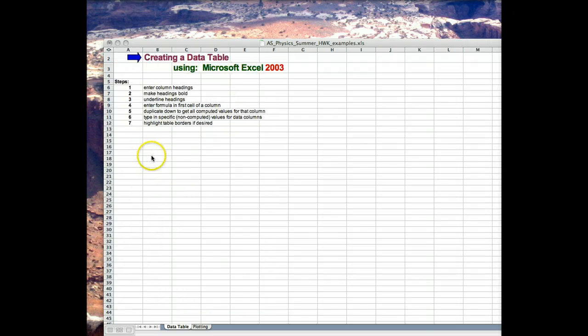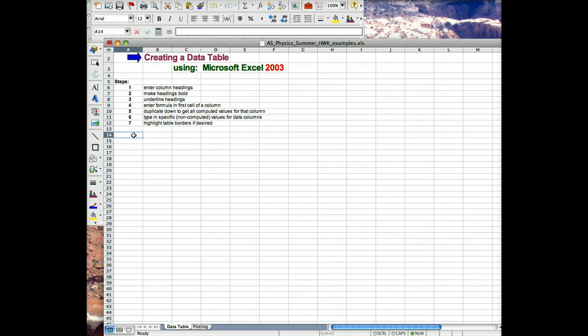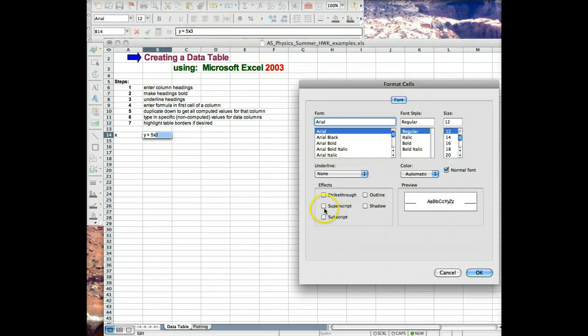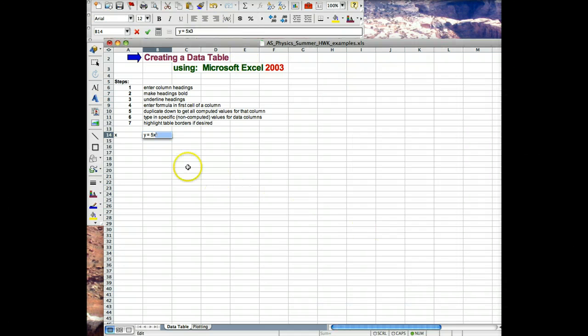Here's the idea. We're going to create a table similar to the summer homework assignment. So I'll start with some column headings. We'll have x, and then maybe we'll plot the function y equals 5x cubed. To do that, you might want to take a look at this. We'll just format cells. Let's see, we want a superscript. Okay, so we get 5x cubed here, and maybe we'll do y equals sine of x,